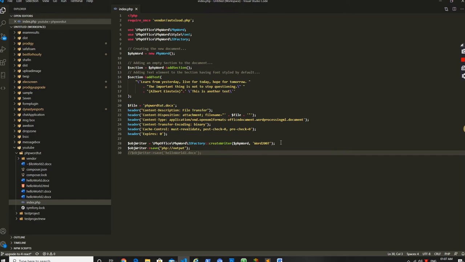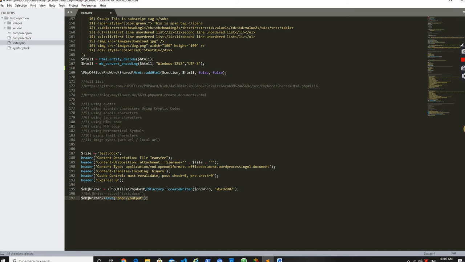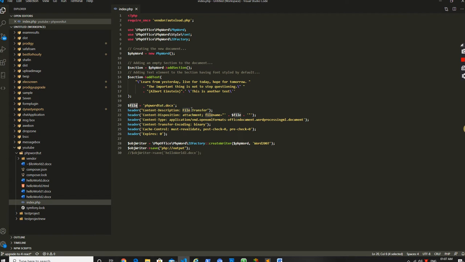So I'm going to comment this, and the file name is given here actually, so the file name has to be given here, right? Attachment, it is going to go as an attachment, right? So once this is done, let's take this out. So PHP tweet docx. Okay, so I'm going to refresh this,